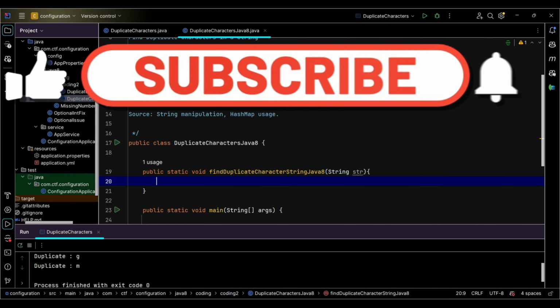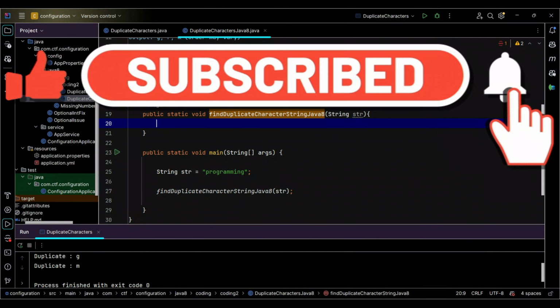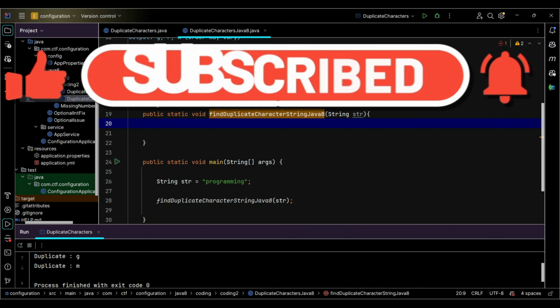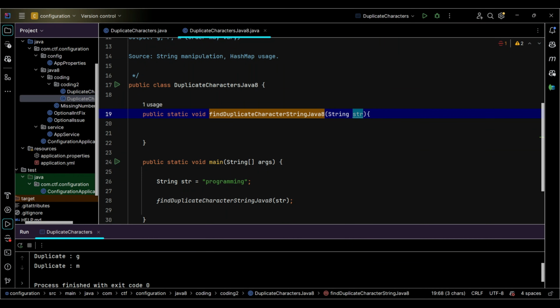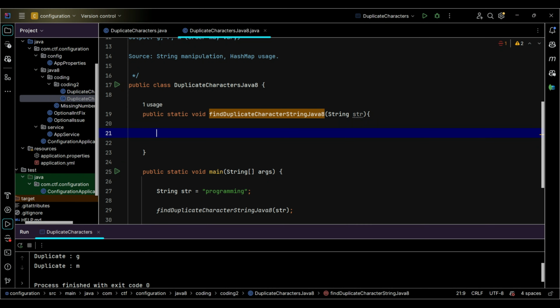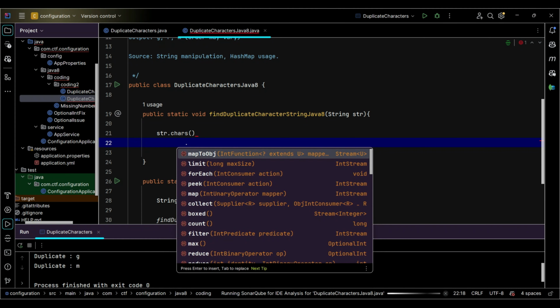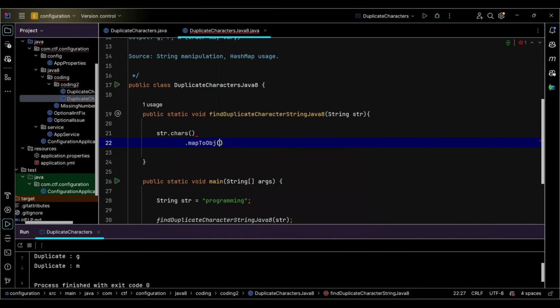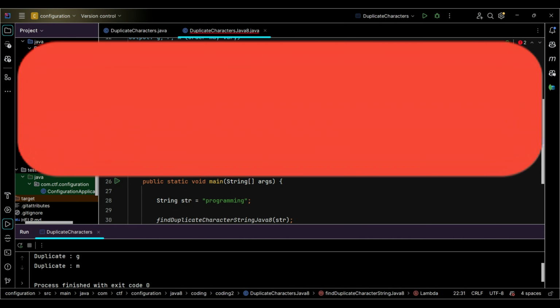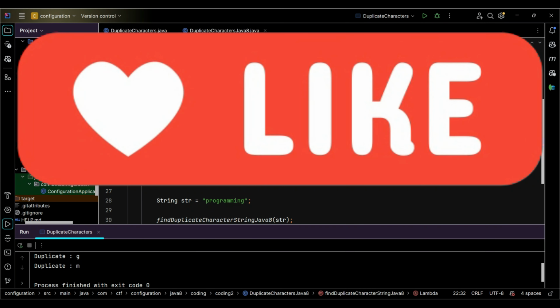Now we'll first try to make use of Java 8 streams on this string. I will first convert it into characters, which is going to return the characters in a stream. Then I'm going to map this to the object, where I will map it to the exact character object. So I will cast it to Character,